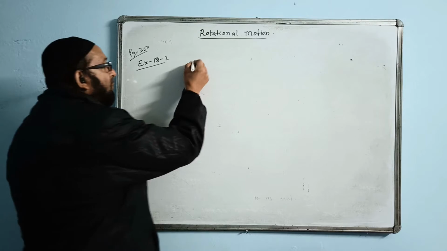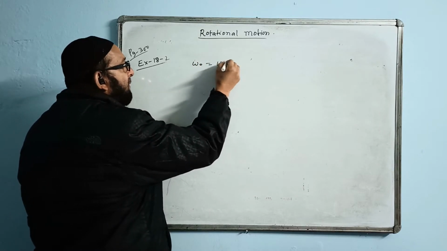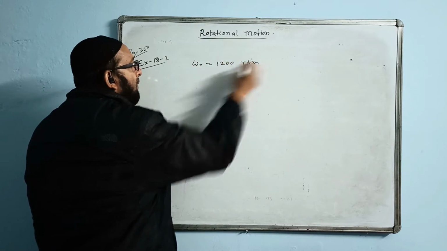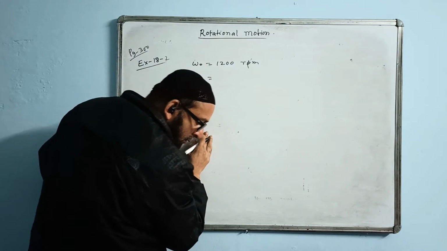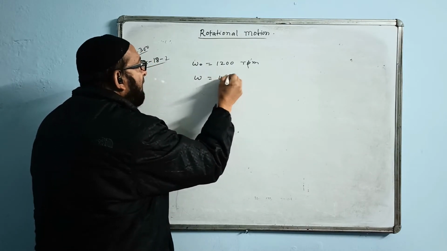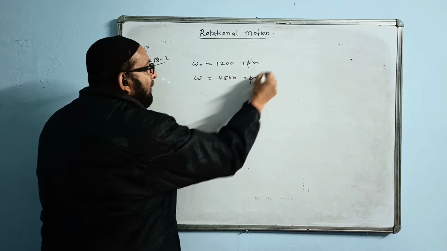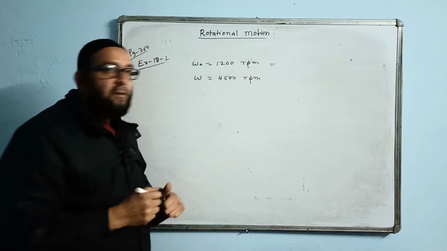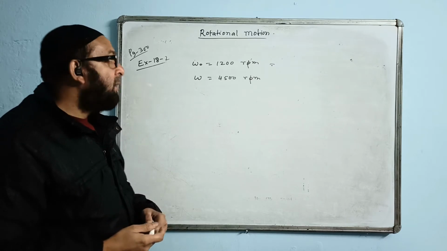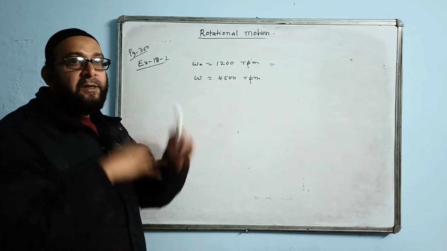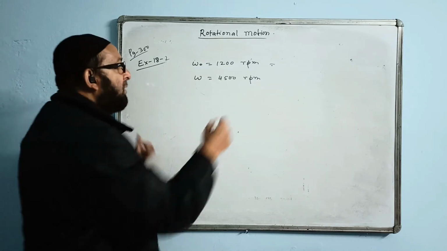So first speed is omega naught, right? Omega naught value is 1200 RPM. Omega value is 4500 RPM. RPM full form is rotations per minute or revolutions per minute. This one will immediately change into radian per second. How do we change? We'll write